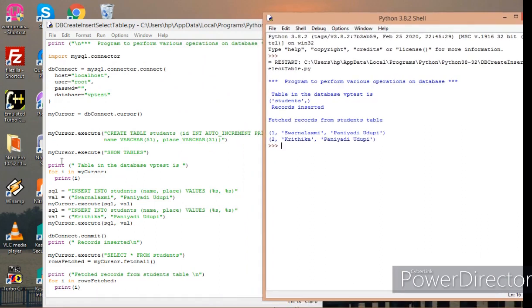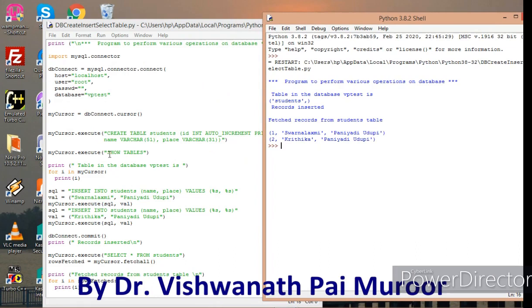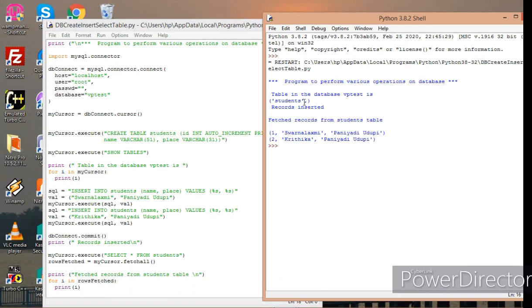So here we are executing the show tables command, and it's executing this for loop, but I have got only one table, so it is displaying students as the one table in the database VP test.